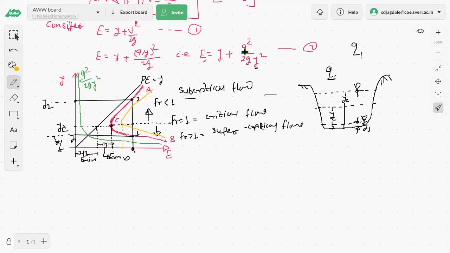जैसे जैसे आपका q बढ़ेगा, if it is increasing, then the E minimum is also going to increase. If it is decreasing, E minimum is also going to decrease likewise. And it has a power of two, quadratic, so it will be parabolic in nature. So likewise we get a specific energy curve, and its applications in different sectors, those applications and all those things we are going to discuss in the next session. Okay,